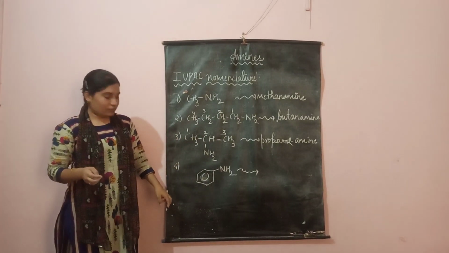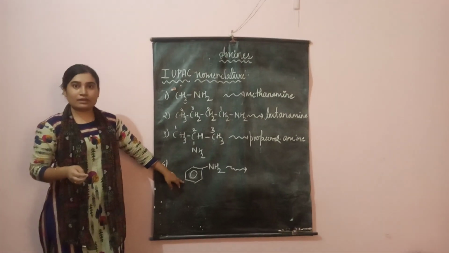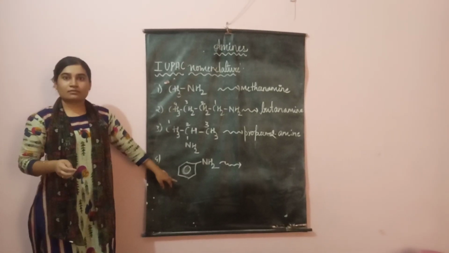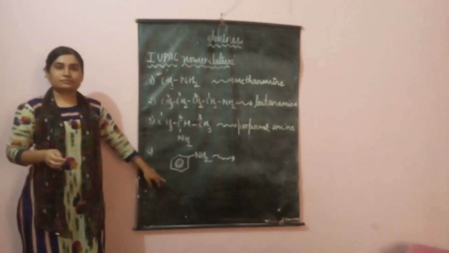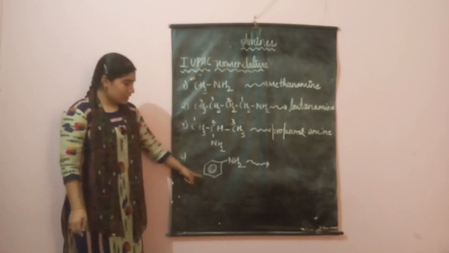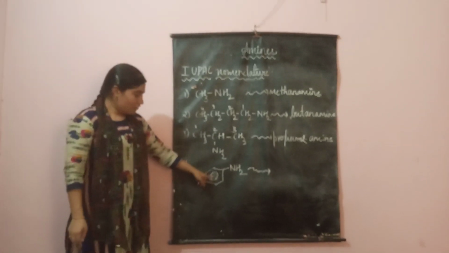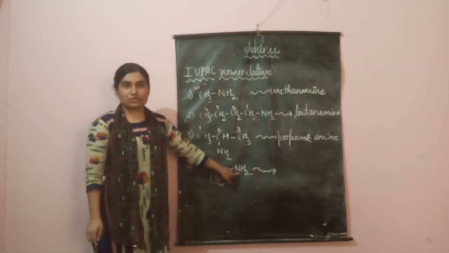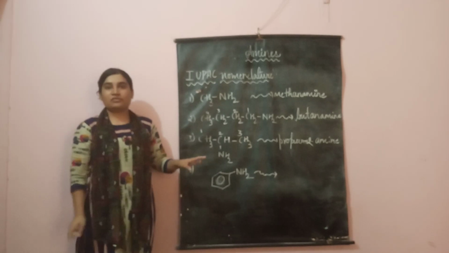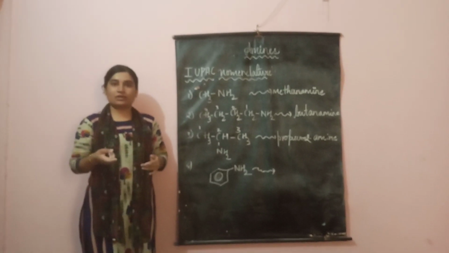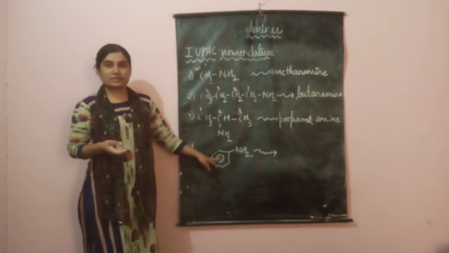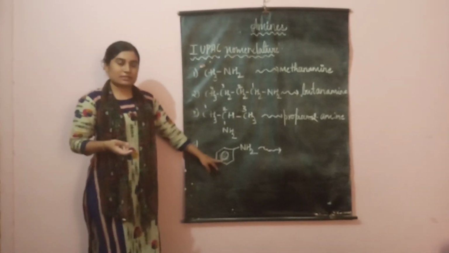Next, going on to, so you are finding it to be an aromatic amine. So the last one is an aromatic amine where benzene is attached to NH2. Now no use of writing phenyl. Phenyl comes under your common nomenclature. So you will be using the word benzene. Is it a benzene ring? Yes, it is a benzene ring.